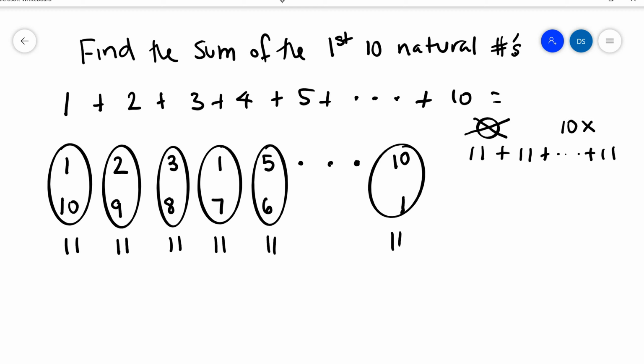Okay, that's the same thing as saying 10 times 11. Okay, something's wrong with my canvas here, so I'm going to try it again. 10 times